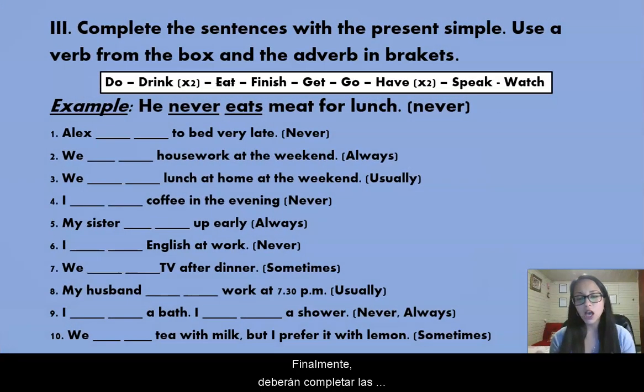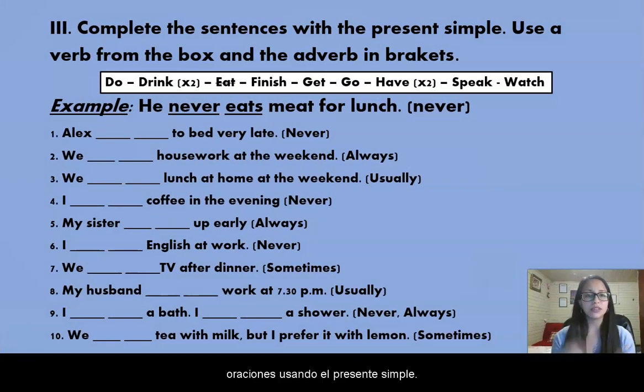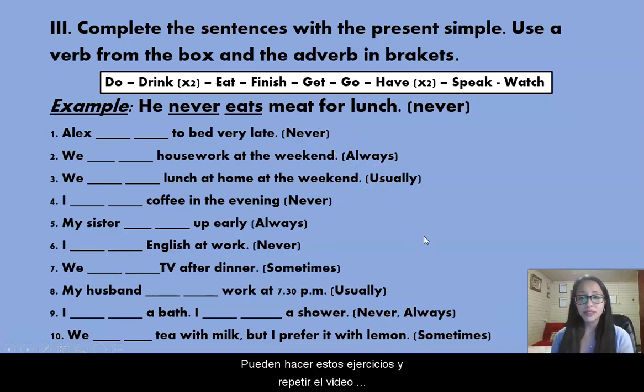And finally, you will have to complete the sentences using the present simple. Remember the rules as well, the rule of S, do, does, etc. And you have to use one of the verbs that we have in the box, and also the adverb that is in parentheses. So you can do this exercise, repeat the video as many times as you need,